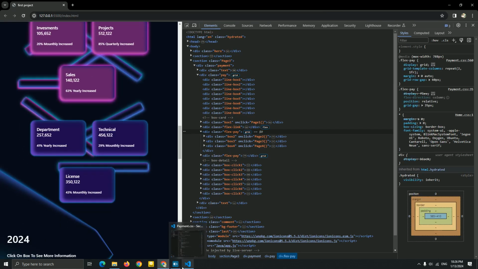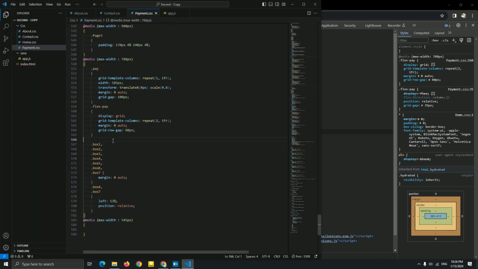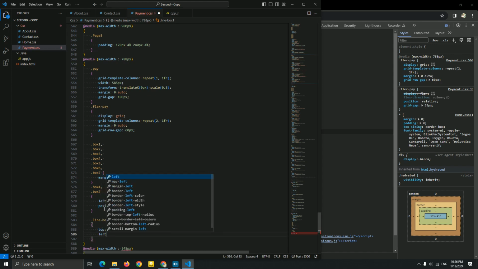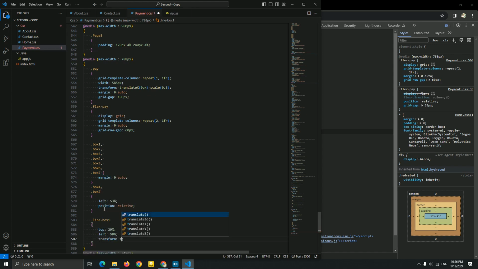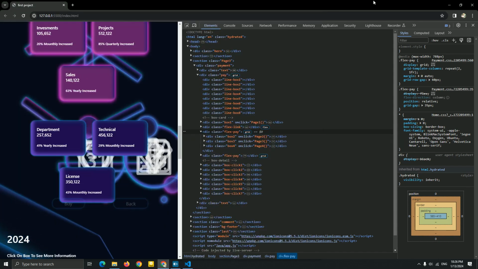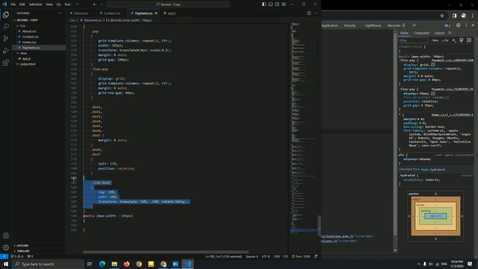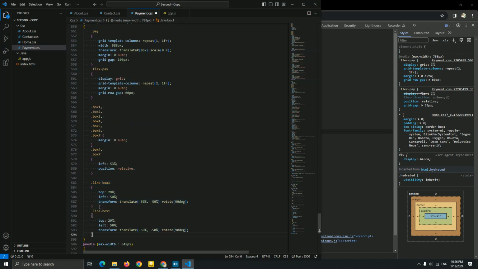Let's go to just fix this line, to just change the position of this line. So for the first line box 1, I'm gonna first add the top 29%, left 50%, transform translate, minus 50% and minus 50%. I'm gonna add a rotate 90-degree to become height, as you can see it. Here we go. This is our first line. Next line, copy this, paste it. Next line